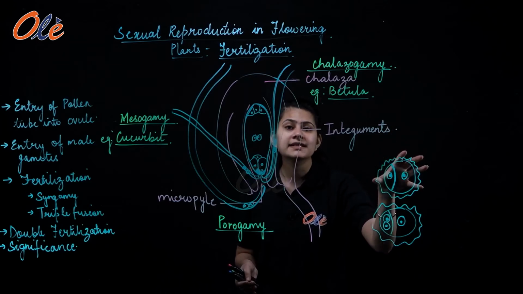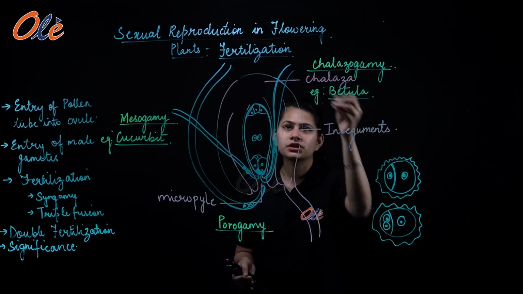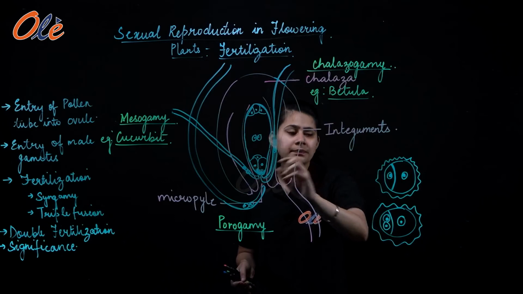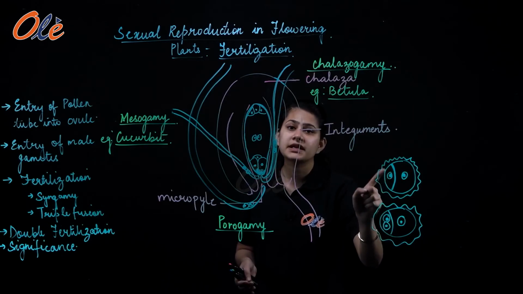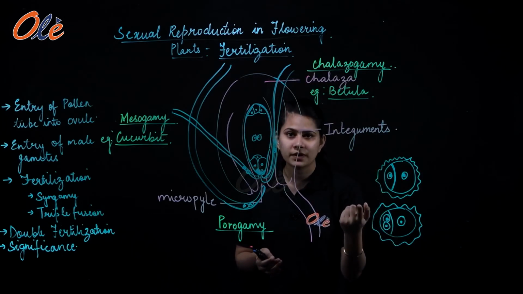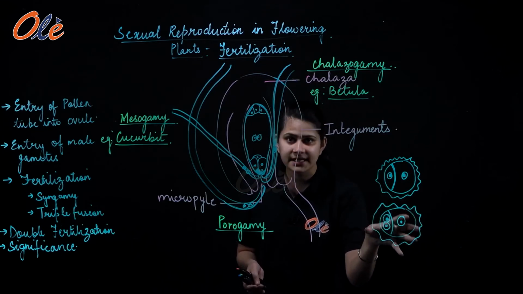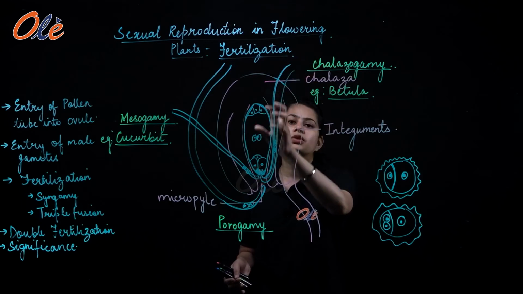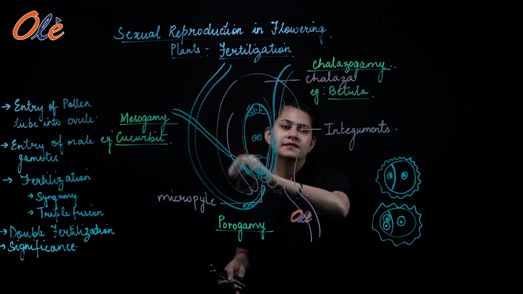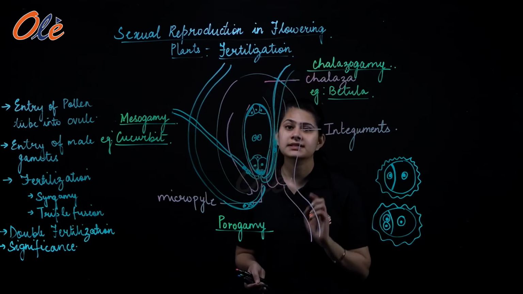So if the pollen has been shed at the 2 cell stage, तो जब ये pollen tube की growth हो रही होगी ना, तभी ये generative cell divide कर जाएगा to form those 2 male gametes. और अगर pollen has already been shed in the 3 cell stage, तो उसके पास already ये 2 male gametes होंगे which will be transferred through the pollen grain. I hope this is clear to you.